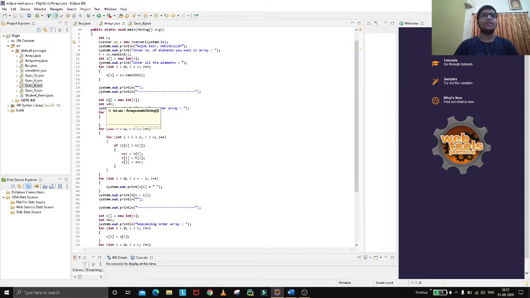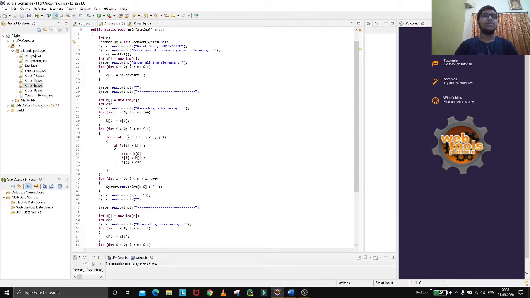Now we have created another array b in which we need to store the elements of the first array. That is, we have to copy the array and arrange it in ascending order. So what we did is we copied the whole main array into another array. So b[i] equal to a[i]. This for loop is for copying the array. Now we need to go for ascending order.